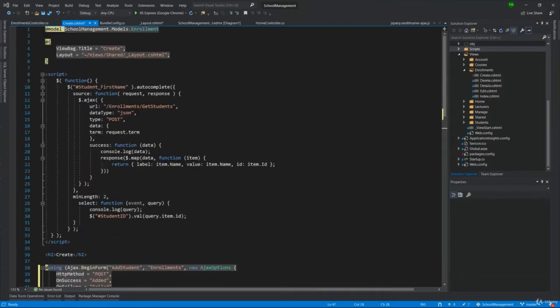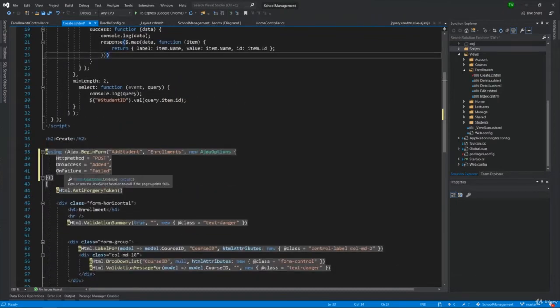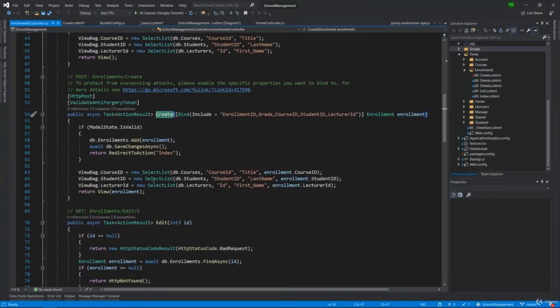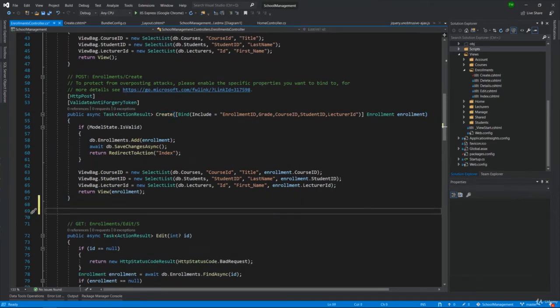There are quite a few properties that you can actually implement in the Ajax options section. And I have attached a document to this lecture stating each of those options and how you can leverage them. The next thing we want to do is implement our new action called add student, and we'll just come over into our controller and I will add it below the existing post